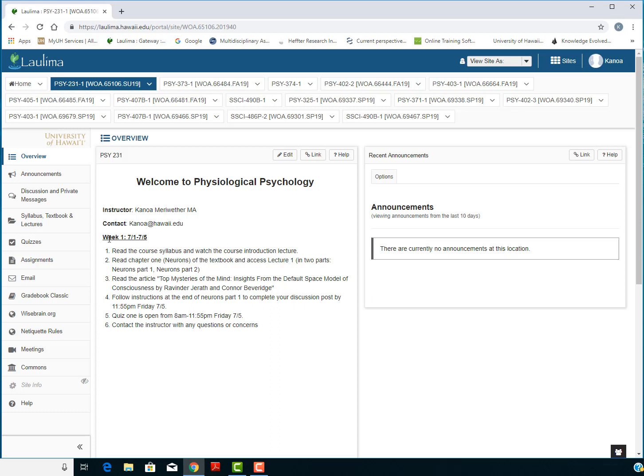As you can see, I've got the first week sort of listed here. This is the overview window. I try and put each week's assignments and what you have to do this week and stuff like that up there. It's also in the syllabus. So if it's not there one Monday or something like that, it doesn't mean that you won't be able to